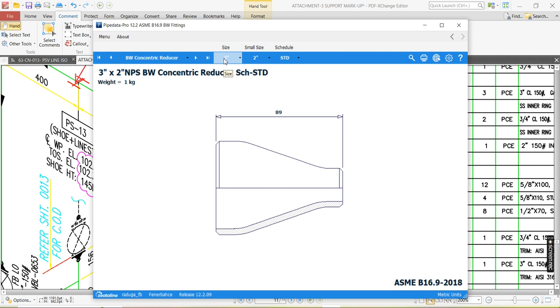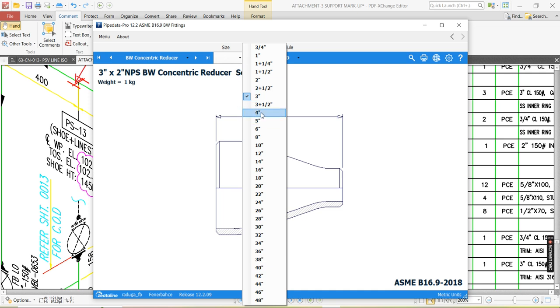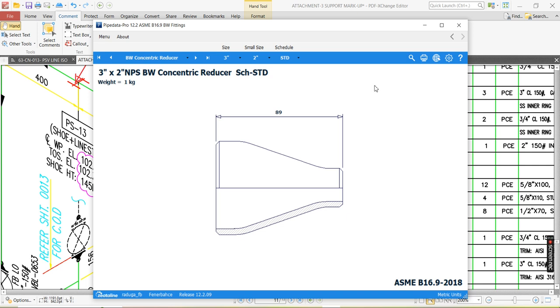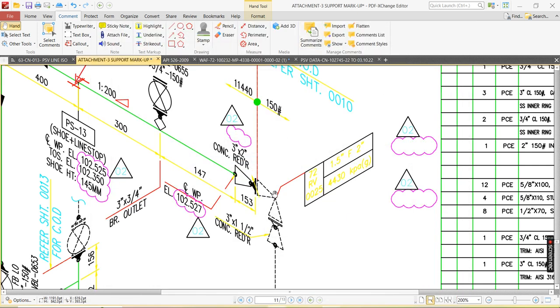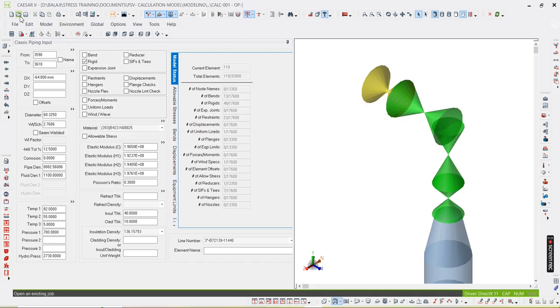Based on the main size only, the dimension of the reducer will change. If 3 inch is there, it means 89 only. If it is 4 inch, then it will change. So for 3 inch, the dimension remains 89. Go to the next node,